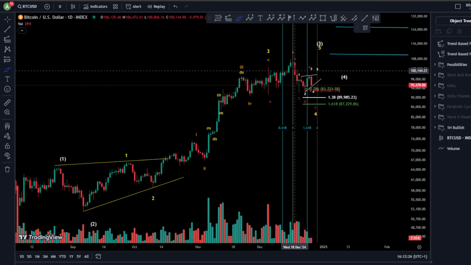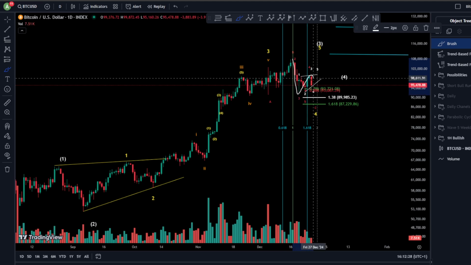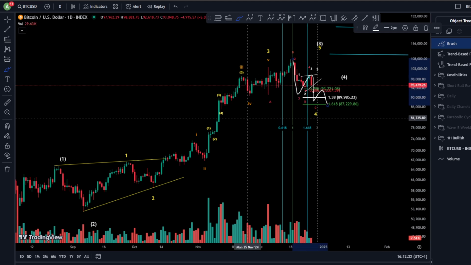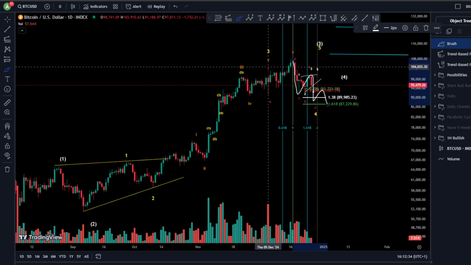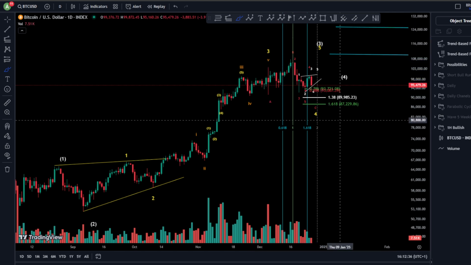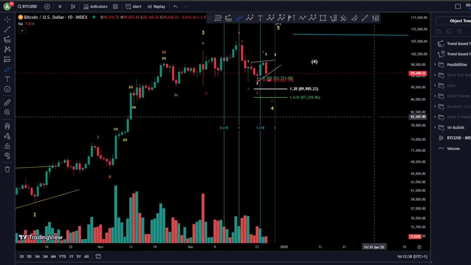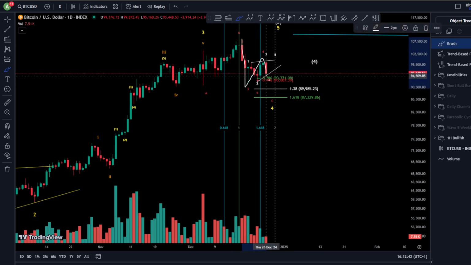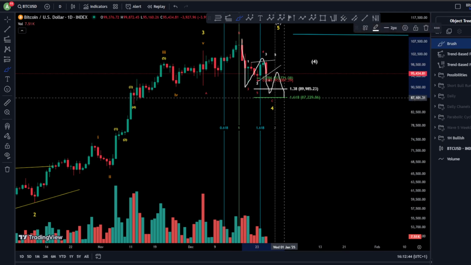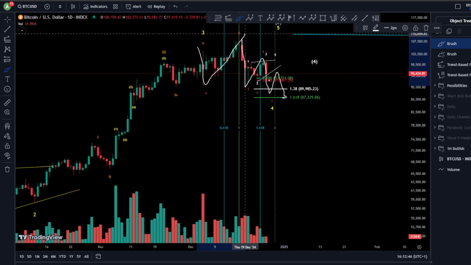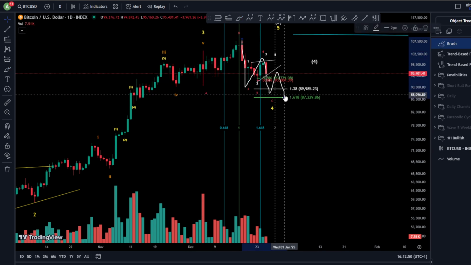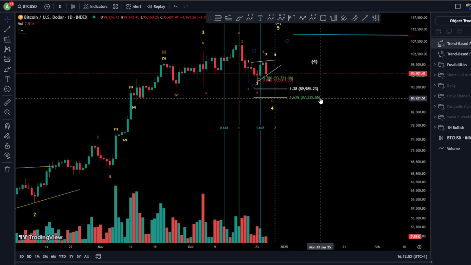Now it could also be that we're gonna finish this wave C of an expanding flat in a kind of contracting diagonal or ending diagonal as A, B, and C. So this is actually my highest possibility, to finish this wave C as a contracting diagonal, 1 2 3 4 5, and then finishing A B C. That would be the perfect scenario to finish this correction